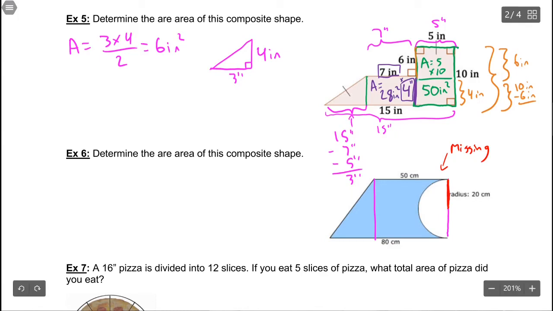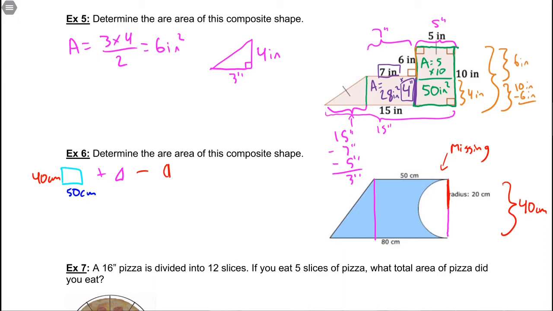So the strategy for this one is going to be rectangle plus triangle minus our semicircle. So let's go through each of these pieces. If the radius is 20, then the whole height is 40. So our rectangle is 50 wide, and double 20 is 40 centimeters tall. So the area of the rectangle is 40 times 50,